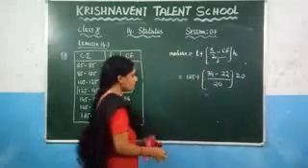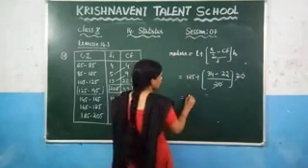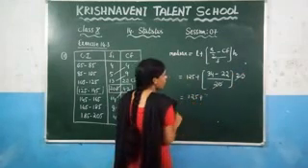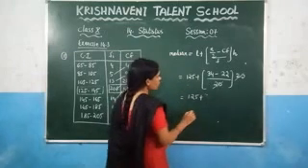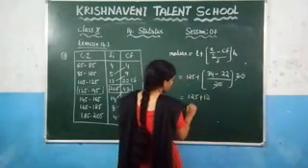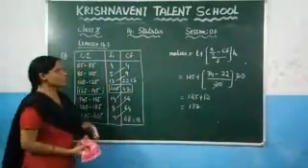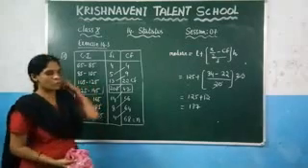Now you can observe that this 20 and this 20 will get cancelled and you will get 125 plus. What is the value of 34 minus 22? It gives you 12. So what is the value of this? 137. This is the median. So like this you need to find the median. Now see the next problem.